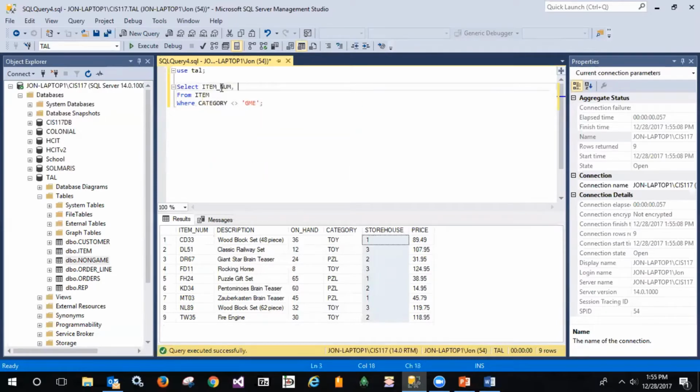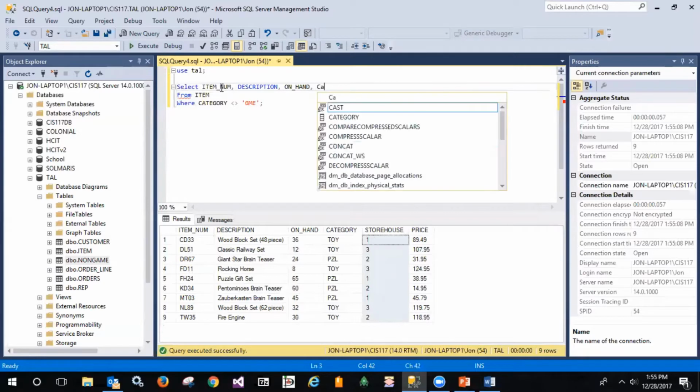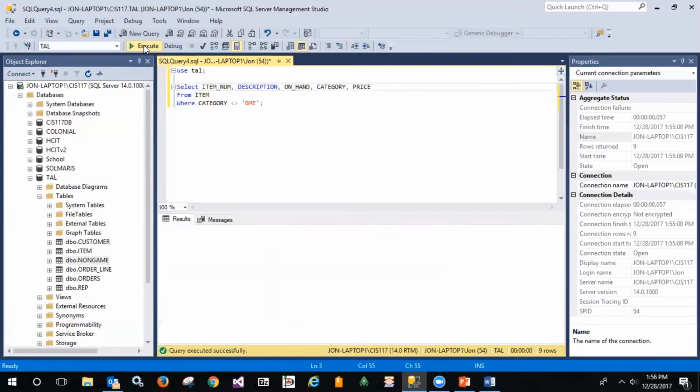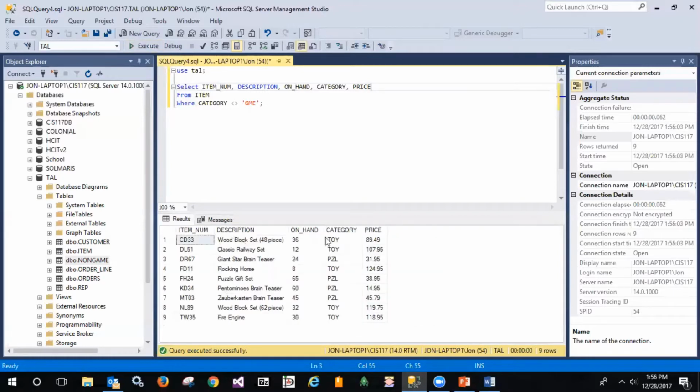There we go. Item number. We want the description. We want the on-hand quantity, and we want the category, and we want the price, and let's see if that gives us what we want. So our item number, description, on-hand, category, and price, and we check that against the problem statement, insert into non-game